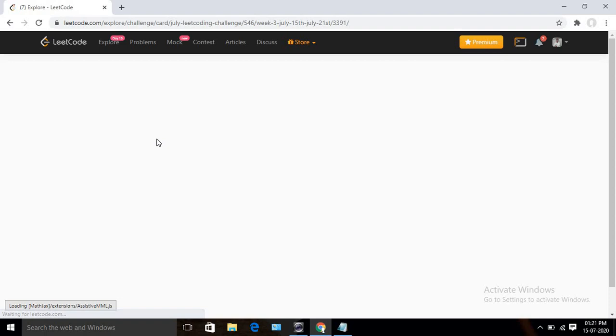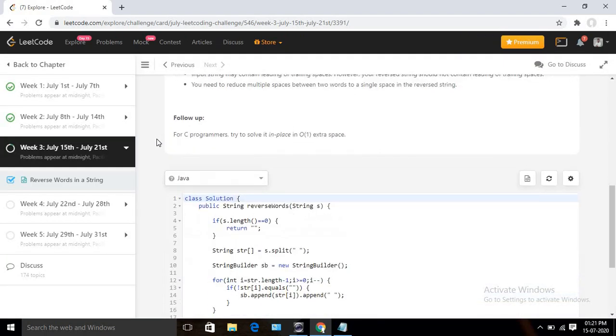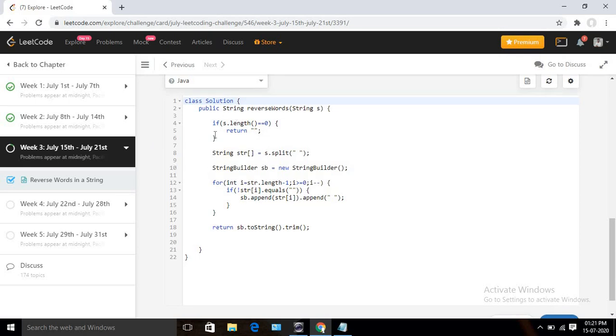At first we are splitting and storing that into the array, then we are again iterating through that array and creating my new string builder, right? So let's see how we can optimize it. You can see that this thing we can optimize. Probably we don't need any array. So let's try that and optimize it as much as possible.